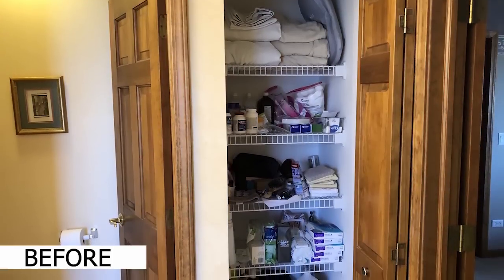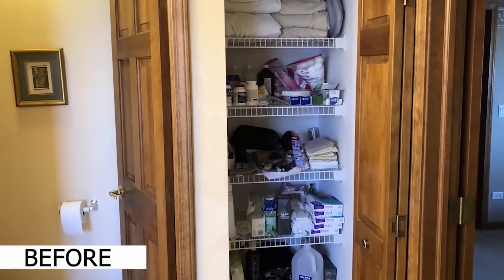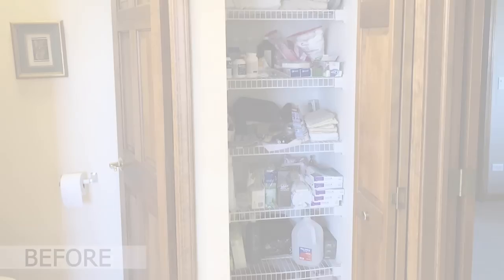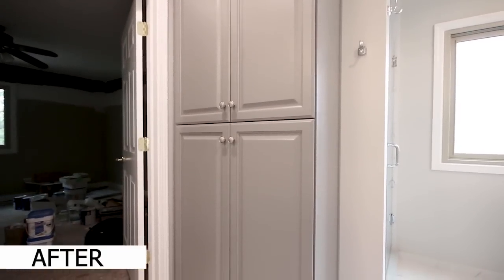So before, the client did have a small closet that was next to the toilet closet that we had to take out in order to have room for the new space for the vanity. So we added a nice big utility cabinet